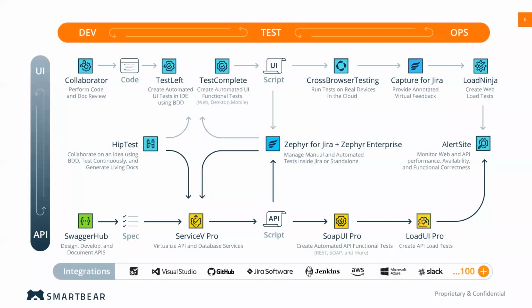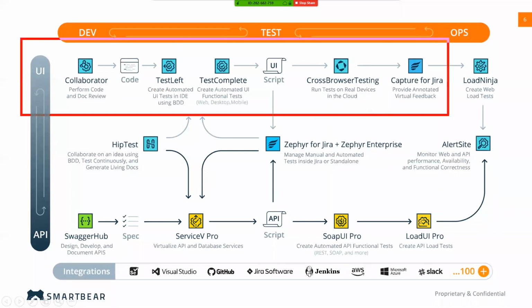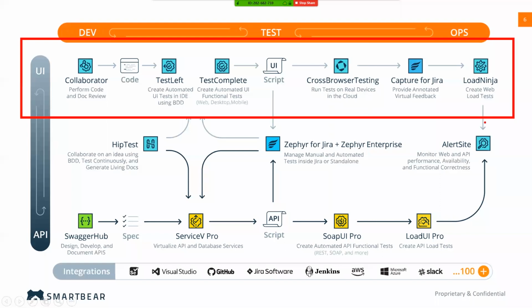Okay, and again, just to give you a quick overview, these are not all of our tools, but these are some of the main tools. As you'll see, we have them split into a couple of areas. The top here is our UI testing tools. These are all the tools that will help you perform your front-end testing. During today's session, we're going to take a look at TestComplete, which is our UI functional test product. I'll be dipping in and out of that, showing you how you could use a test automation tool like TestComplete to level up with your manual to automation process.